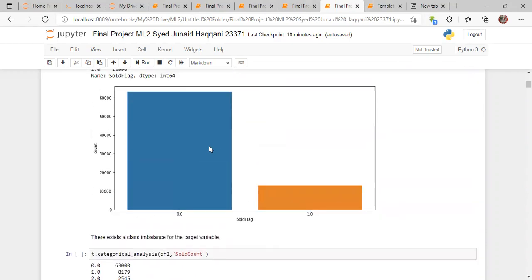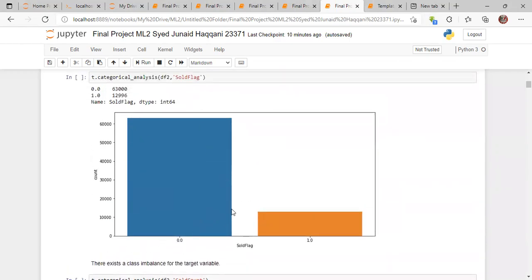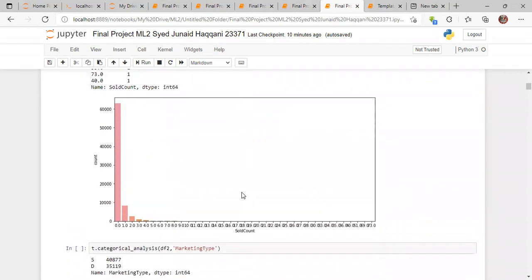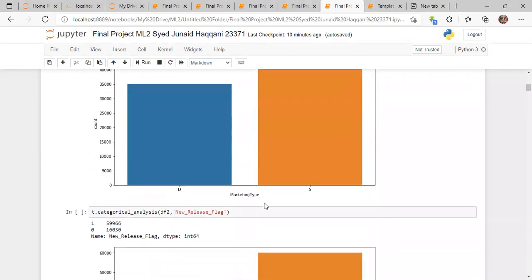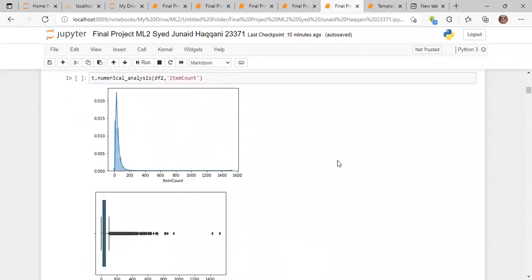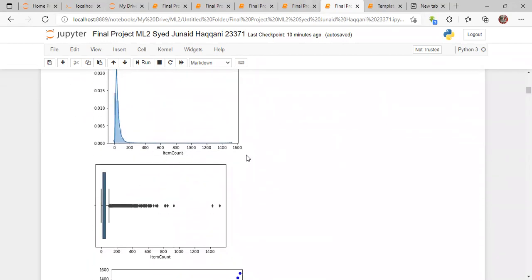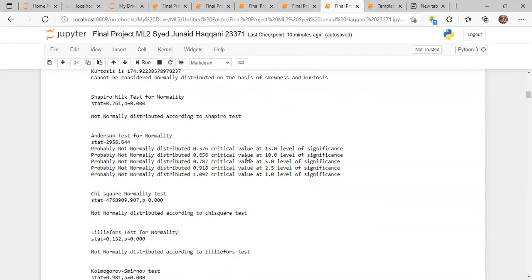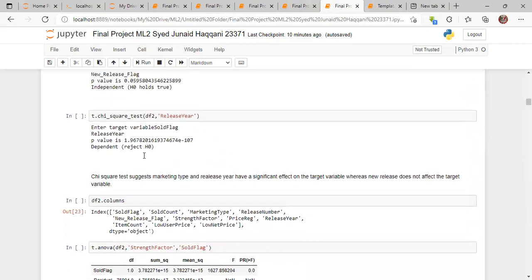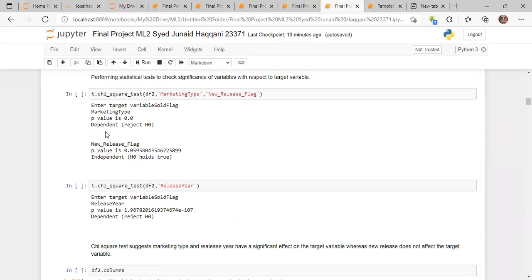This is the situation of the target variable, and as we can see, it has a massive class imbalance. Therefore, the F1 score and the recall score will be of ultimate importance. This is a brief EDA of the dataset. As you can see, there exists a skewed distribution for the item count. Similarly for price, and then I have done the statistical tests,